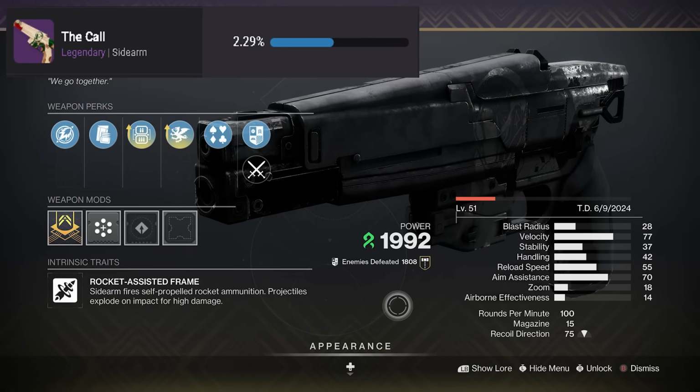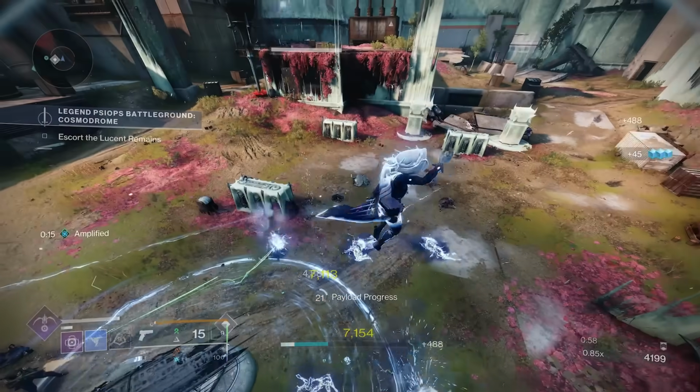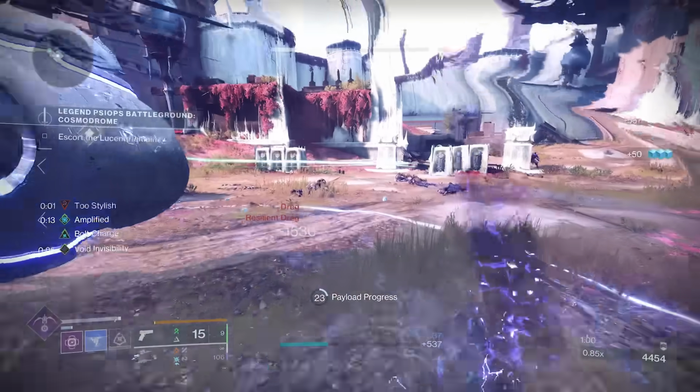At the number 2 spot, we're going to have the Cole, the rocket sidearm from the Pale Heart, and you can get this one from the Pale Heart activities. And what's really good about this one is that it's also a craftable weapon. So once you get enough red borders from the Pale Heart, you're going to be able to craft your perfect